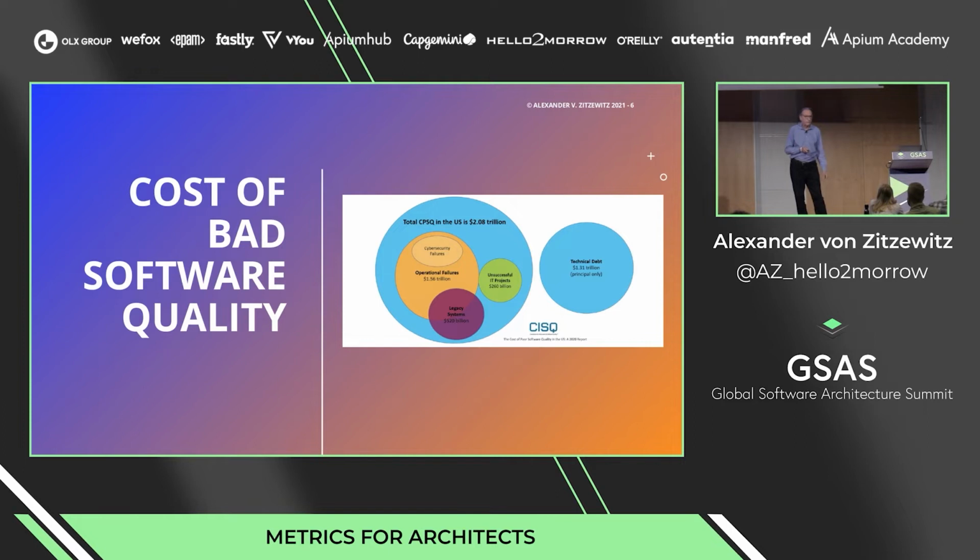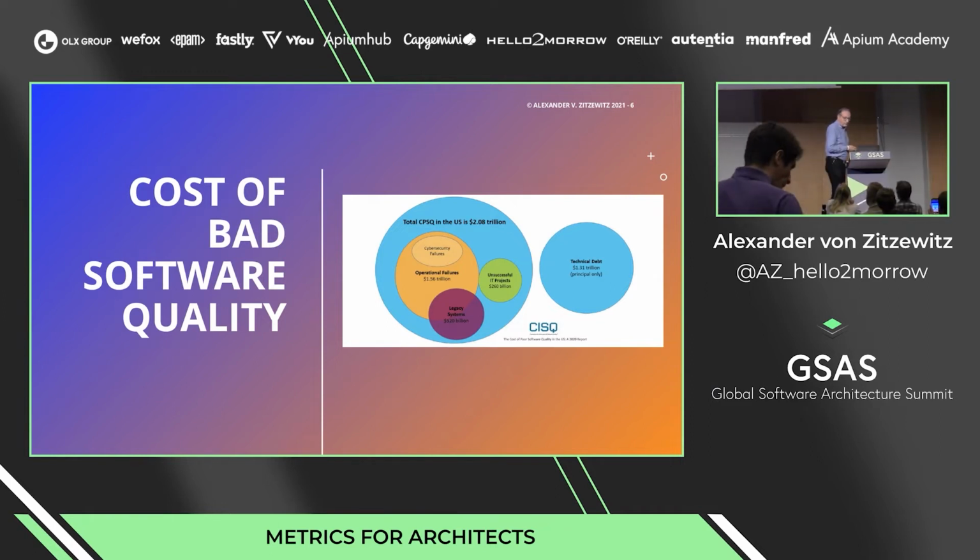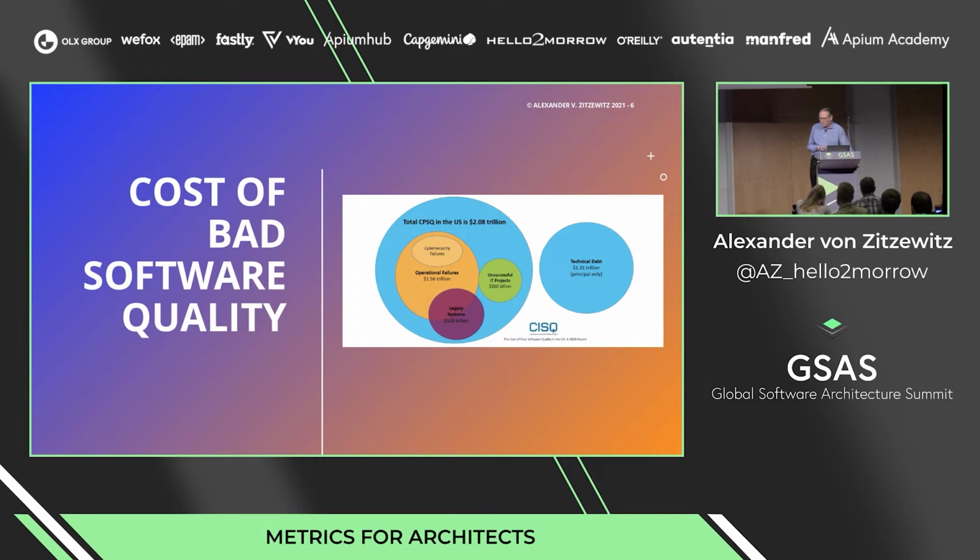That's a consortium that looks at software quality, basically, and tries to gather data about the cost of bad software quality. And we can see a couple interesting details here. For example, technical debt, something around $1.3 trillion, just the principal of the technical debt. We have failed projects, about $260 billion,